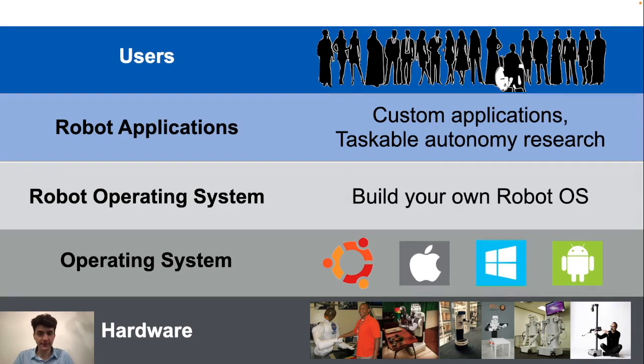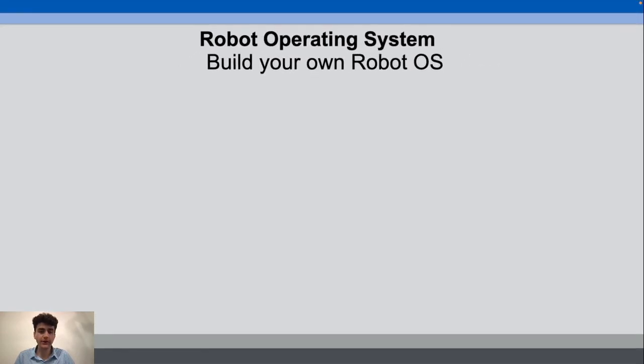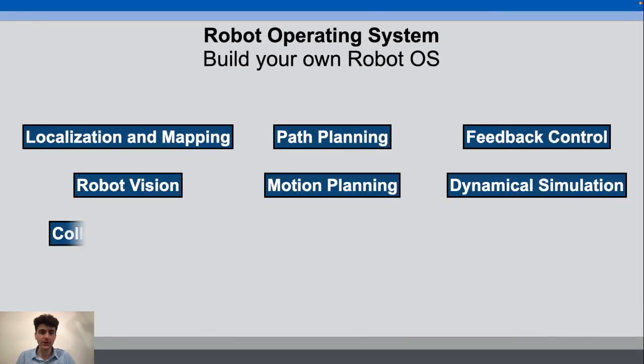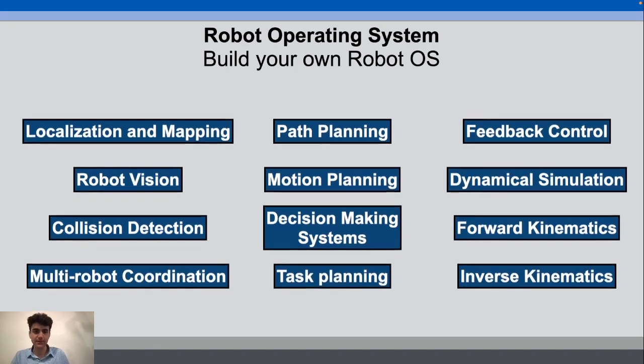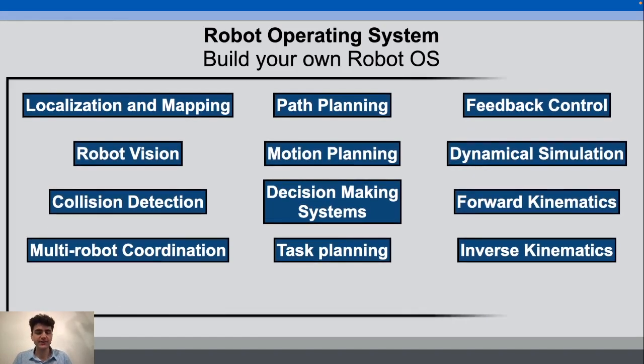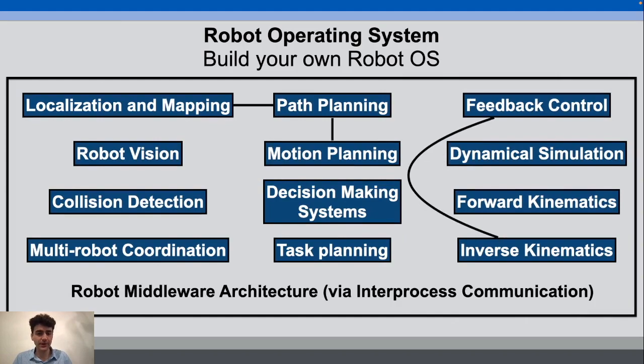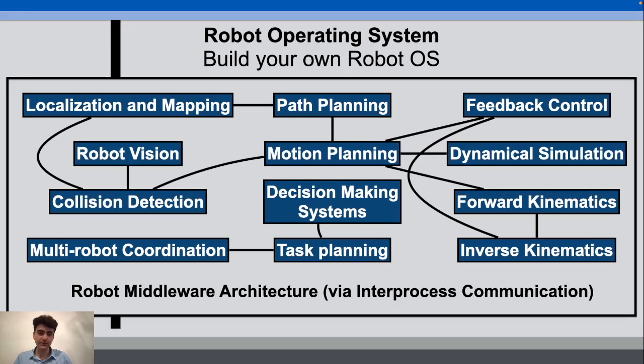And so if we look within that, what's required to build your own robot operating system and what types of mid-level actions and tools you would want your robot operating system to have, there's a whole set that we could consider, right? So these are the tasks that would interface both with the low-level robot hardware and also the higher-level robot applications, right? So this is sort of middleware